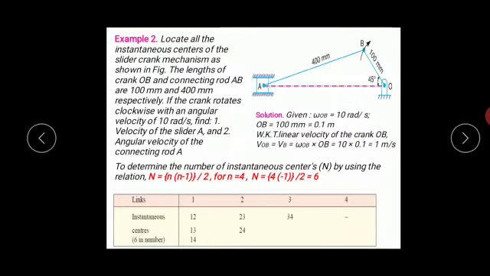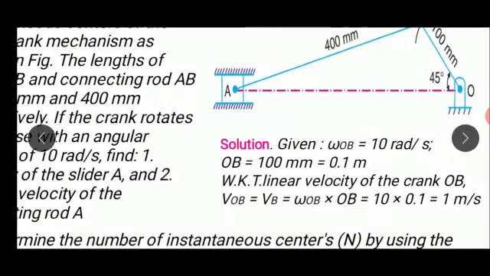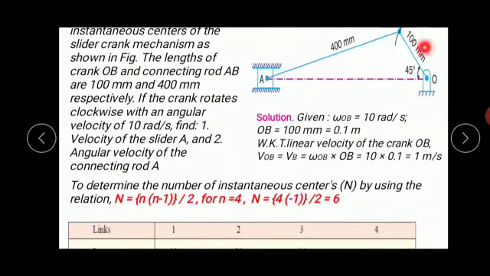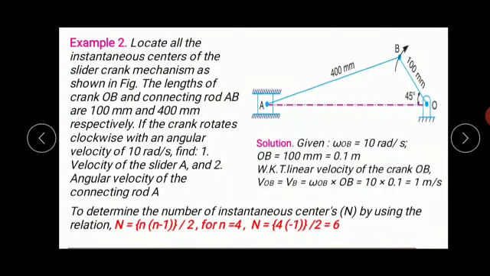Now in the statement of the problem we are given the sketch, and this sketch is a slider crank mechanism. So we can choose a suitable scale here. We can choose a scale of 1 cm equal to 100 mm or 1 cm equal to 50 mm, depending upon the dimensions of the mechanism that we are given. Let us choose a scale of 1 cm equal to 50 mm, since this dimension is too small to fit onto the page.